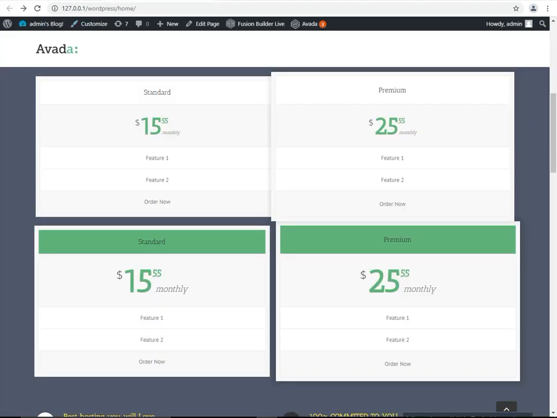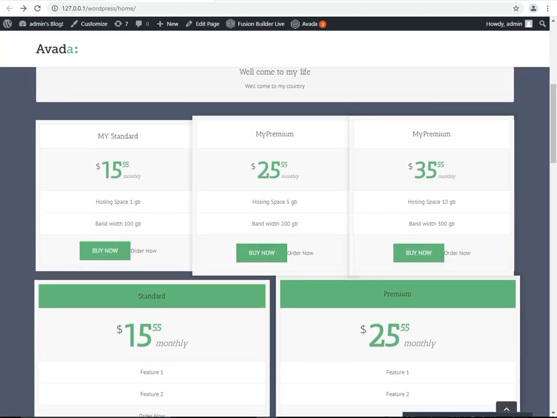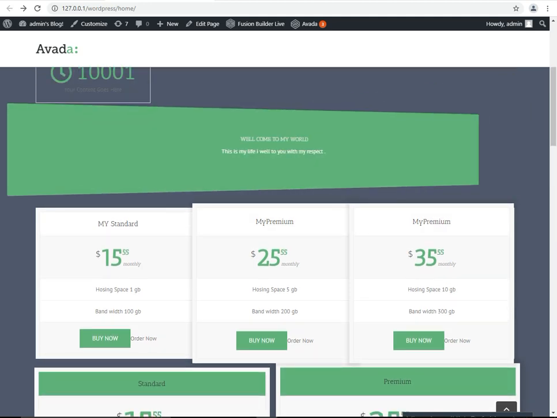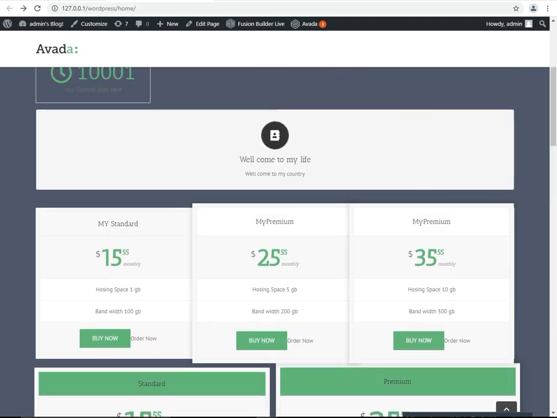I am going to refresh this. These are the types of columns 1, 2, 3. Done. You can just see this.